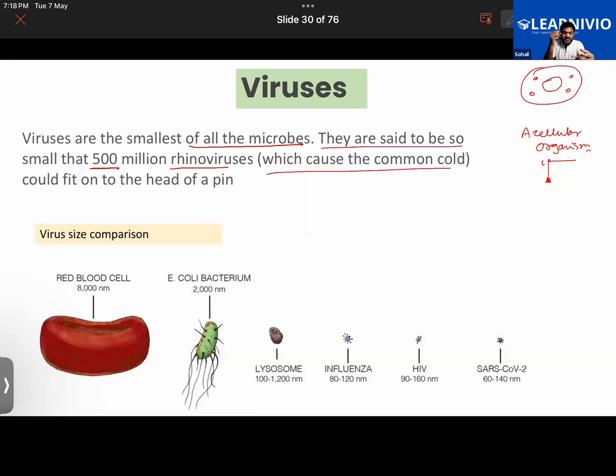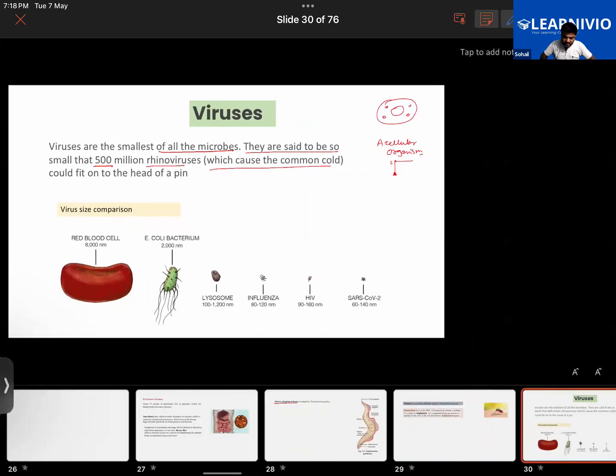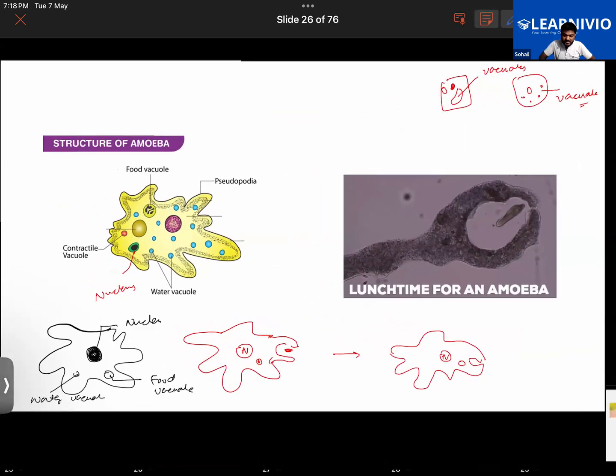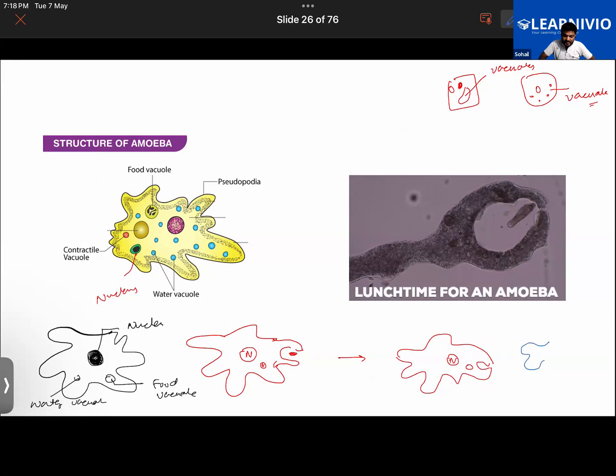Try to understand this thing. If I were to give you the example of this amoeba, how this amoeba reproduces, you know what it will do? It will simply start to split into half. If this amoeba wants to grow, let's say it wants to do reproduction, it will simply split into half, and two daughter cells, two amoeba cells will be formed. Okay,